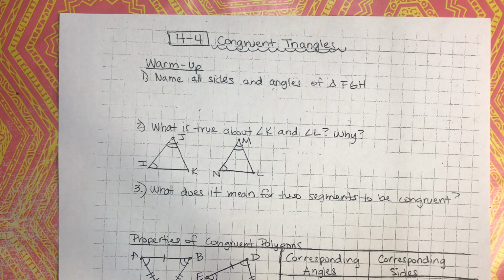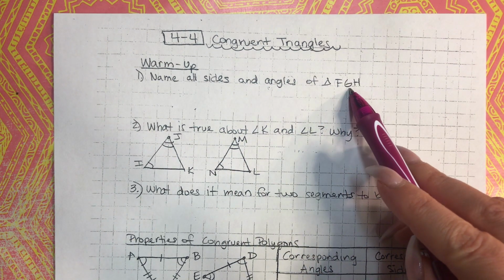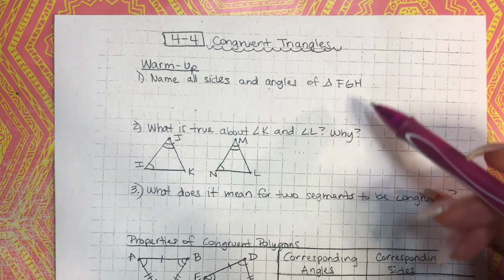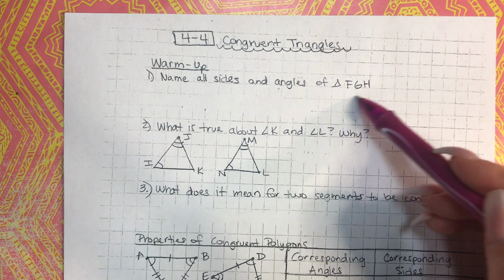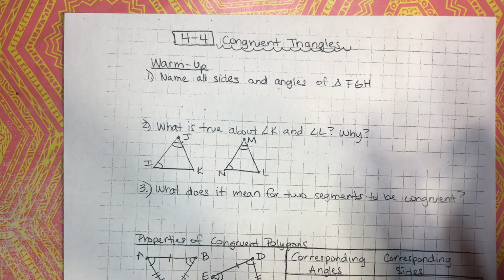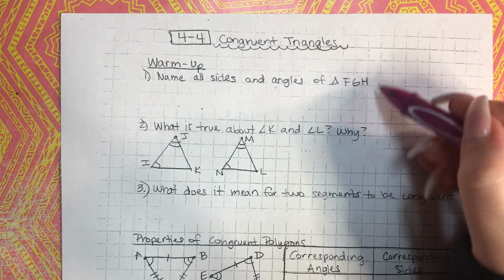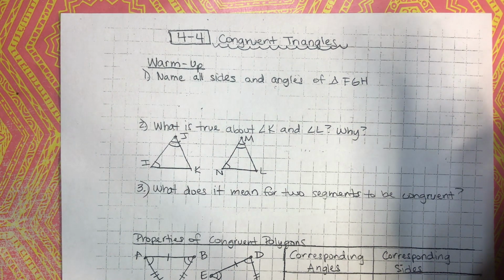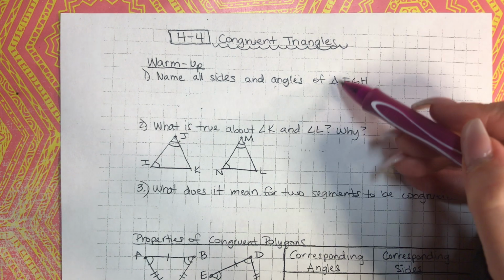Okay, let's see how you did. So let's look at the first one. It says, name all the sides and angles of triangle FGH. Now, they don't give us a figure here, but really this label tells us all the information that we need. So I can take this and I can actually draw a triangle, right? Or I can just use the information given here. So triangle